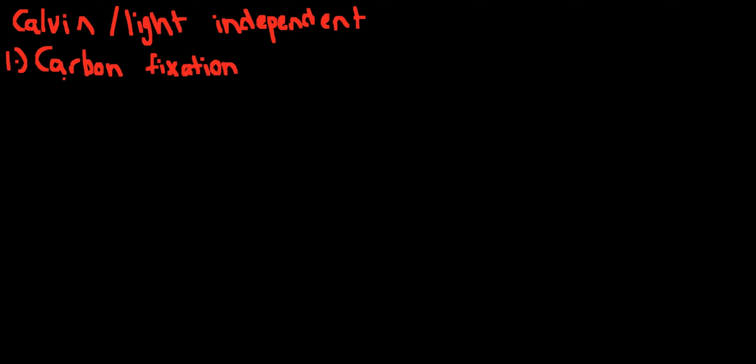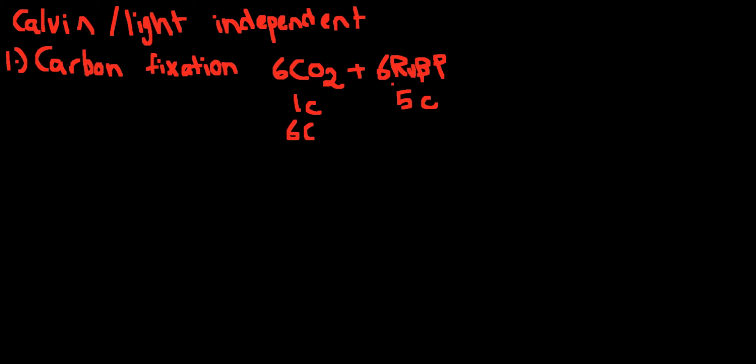And so carbon fixation, what you're doing, you're taking 6 carbon dioxides and you're adding 6 RuBP, which is a molecule that's already in the plant. It's a 5 carbon molecule, and each one of these carbon dioxides is a 1 carbon molecule. So if you do the math, you're going to have your 6C, and here you're going to have 5 times 6, which is 30C. So you're going to have in total 36 carbons in the reactants,